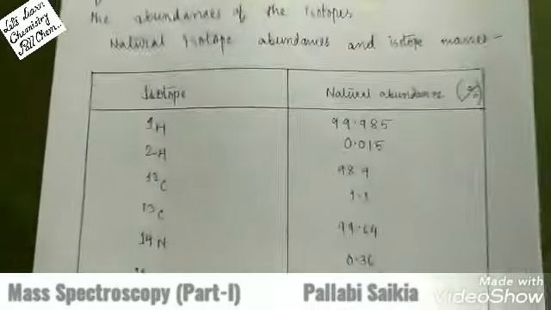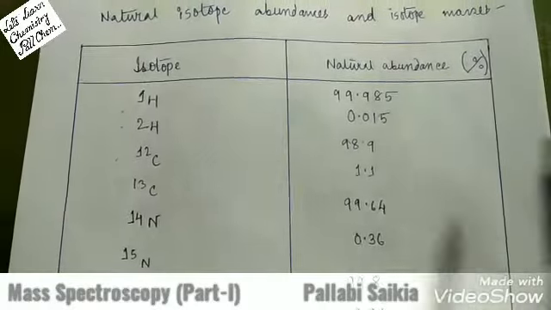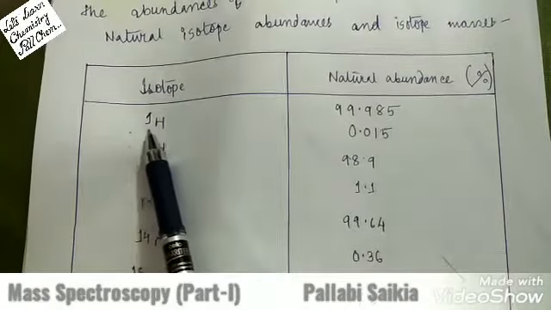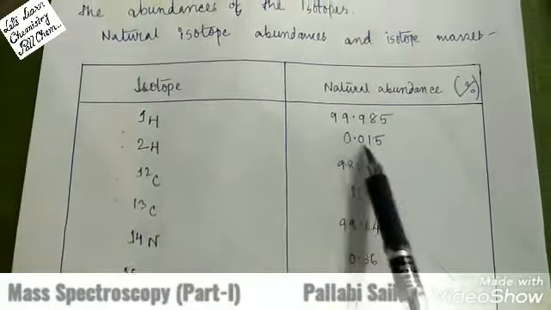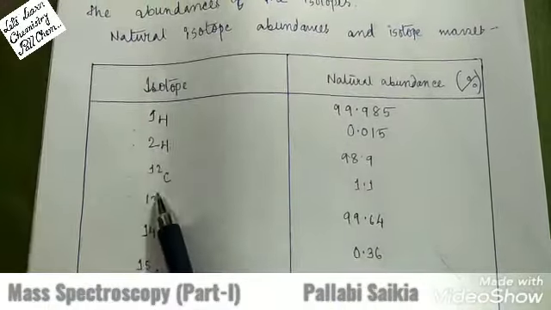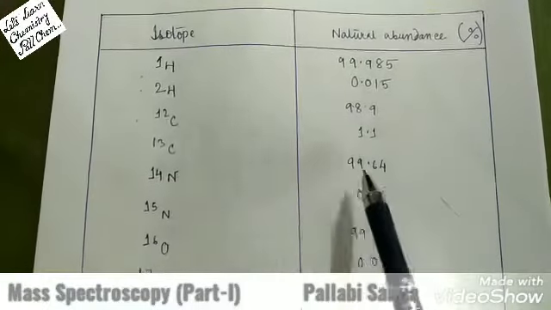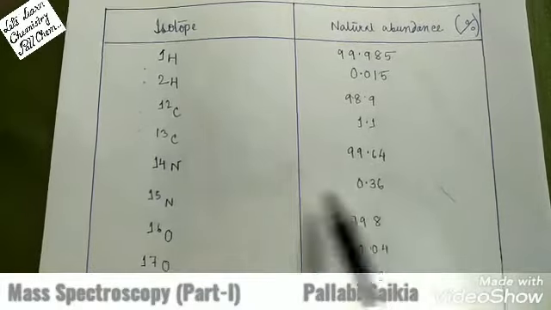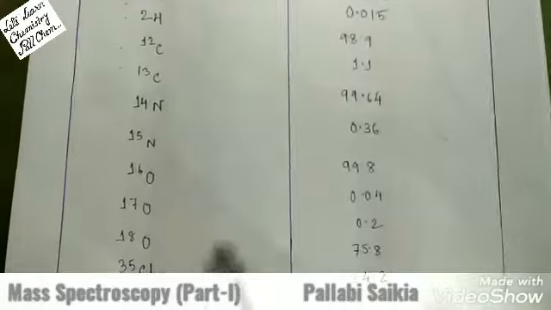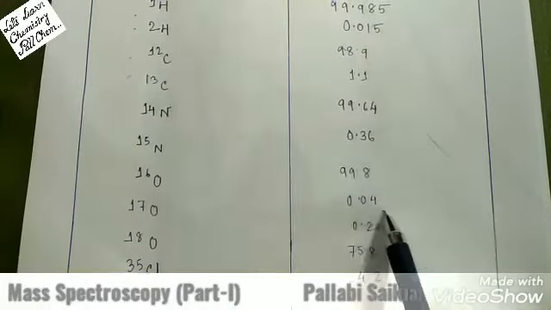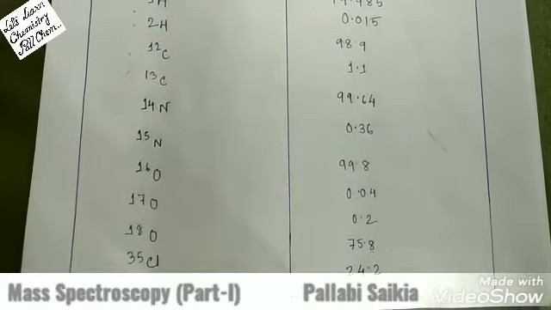Suppose there is a table of isotopes and their natural abundance in percentage. This is 1H, abundance 99.98, 2H 0.015, 12C 98.9, 13C 1.1, 14N 99.64, 15N 0.36, 16O 99.8, 17O 0.04, 18O 0.2, 35Cl 75.8, 37Cl